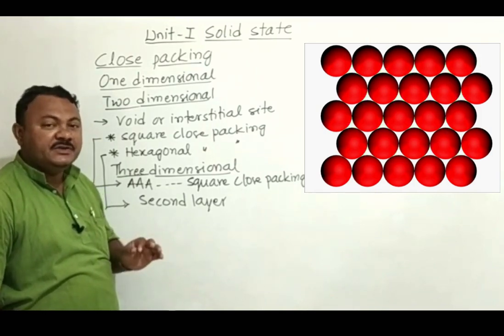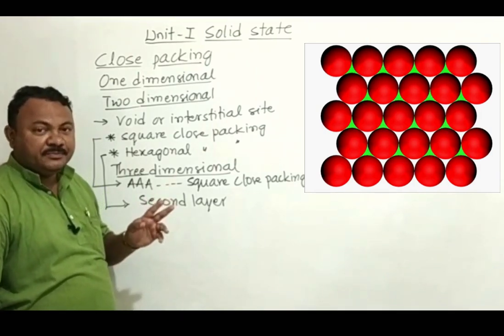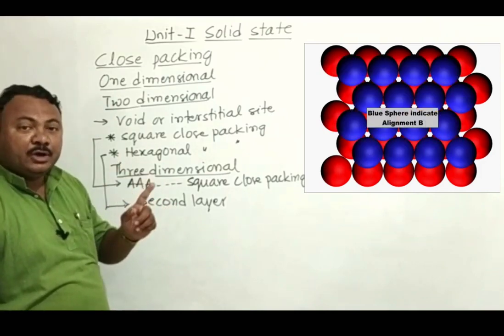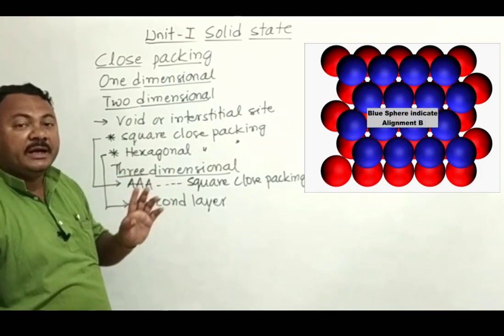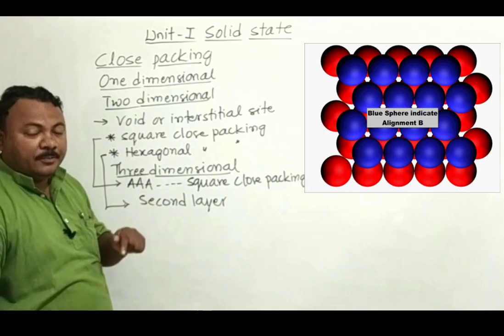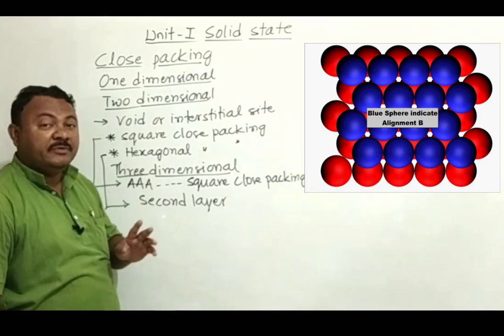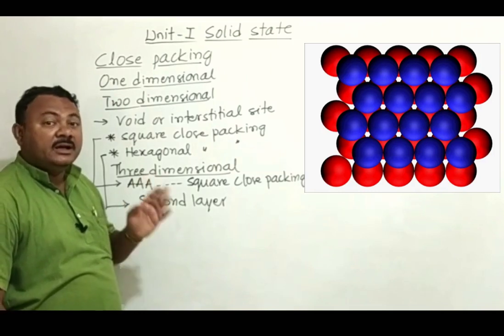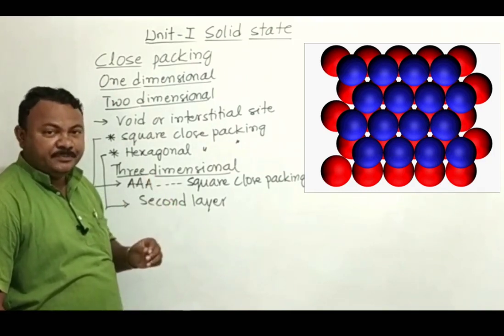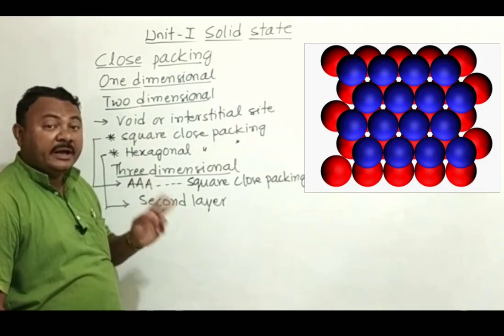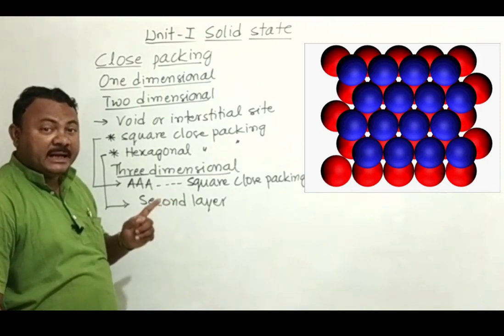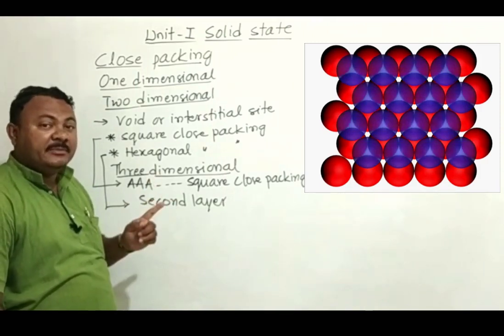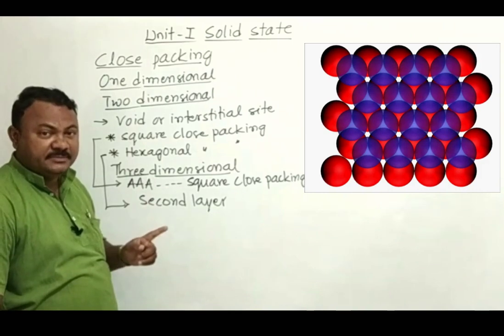I am going to arrange some blue colored particles above the triangular voids, which are having effects in the upward direction. Now all the triangular voids cannot be filled. Only some triangular voids are filled and some are empty. Slightly, I am going to reduce the color of the second layer and check the void we are getting. Compare the alignment also. Second layer alignment is not matching with the first layer alignment.